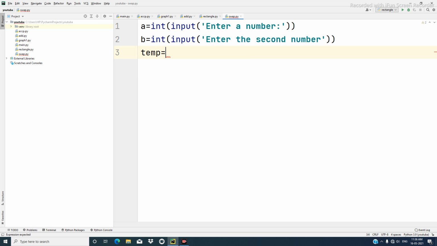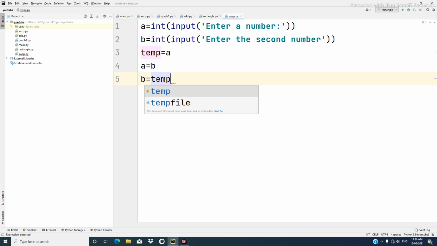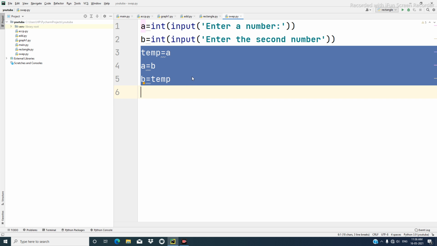So temp is equal to A, and A is equal to B, and B is equal to temp. Okay, so these are the three statements. These three statements will help us to swap the values of A and B.